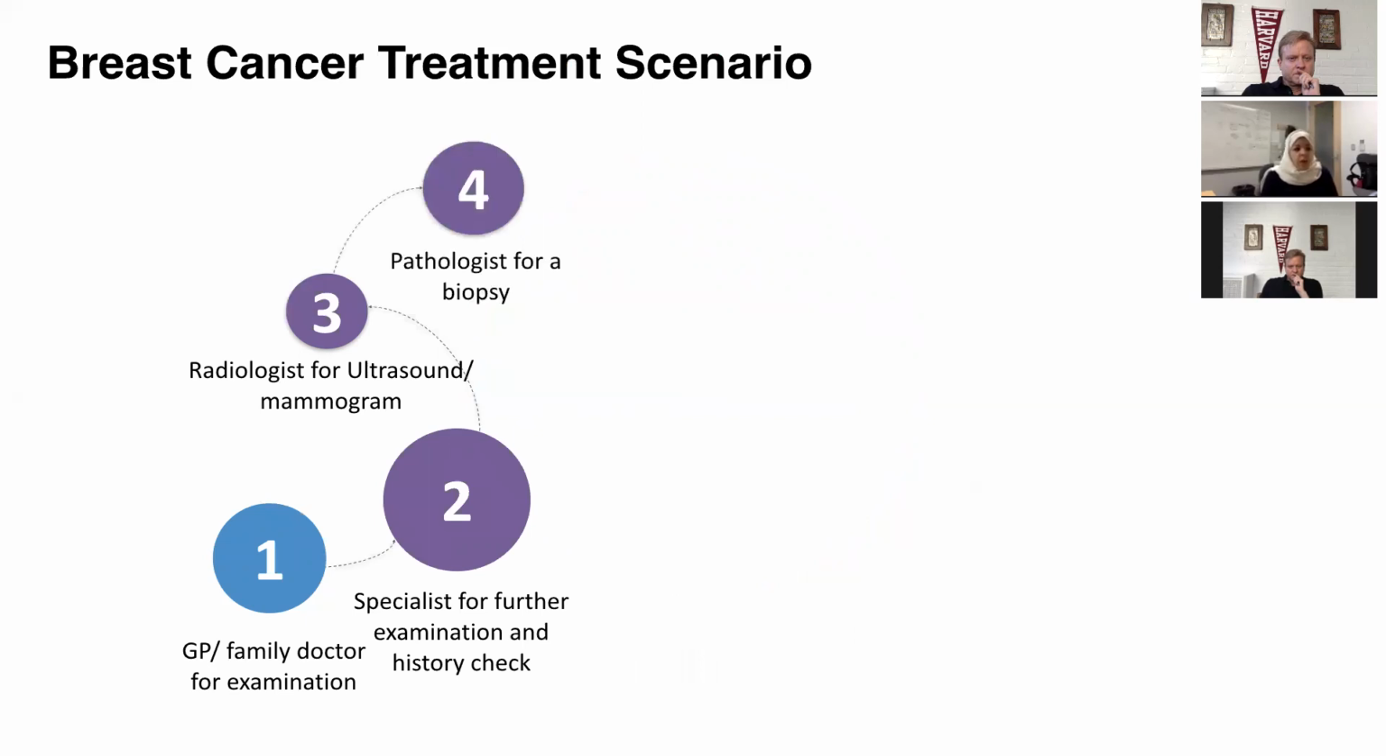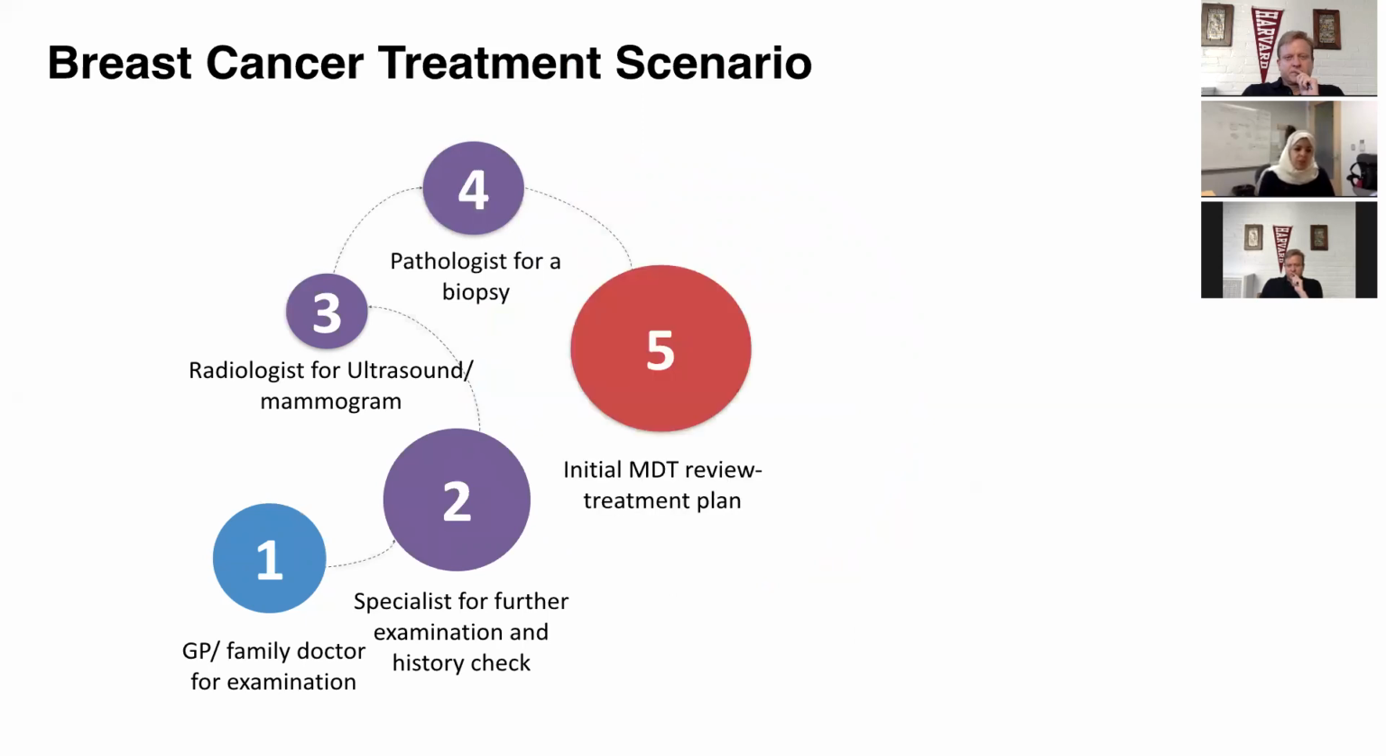And during that, a biopsy is actually undertaken by a pathologist. So each bubble you see here is a different information system, and each color indicates the hospital. So it's the physical premises of the healthcare provider within that treatment scenario. After those three tests, reports are discussed in an initial multidisciplinary care review, which is a room where each one